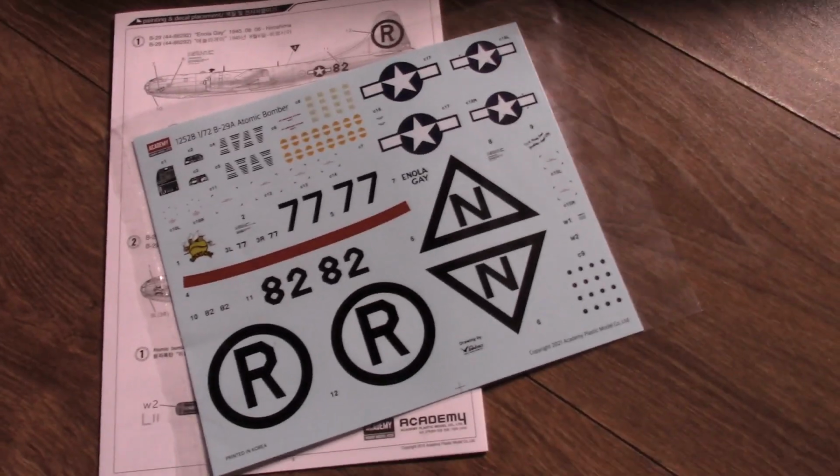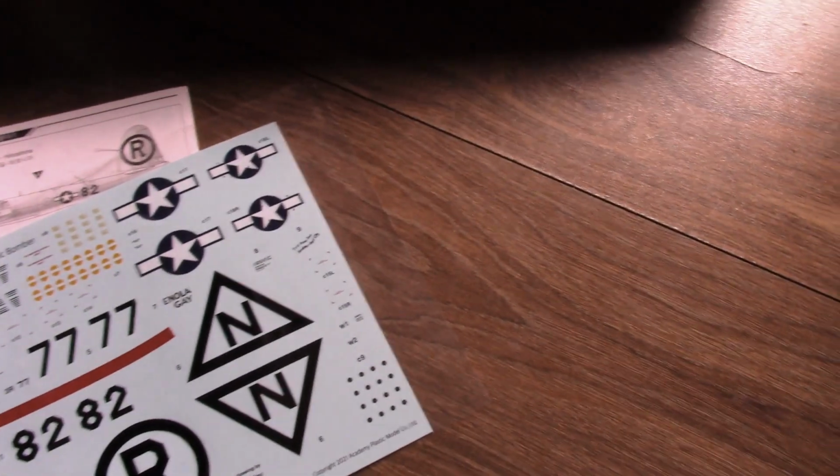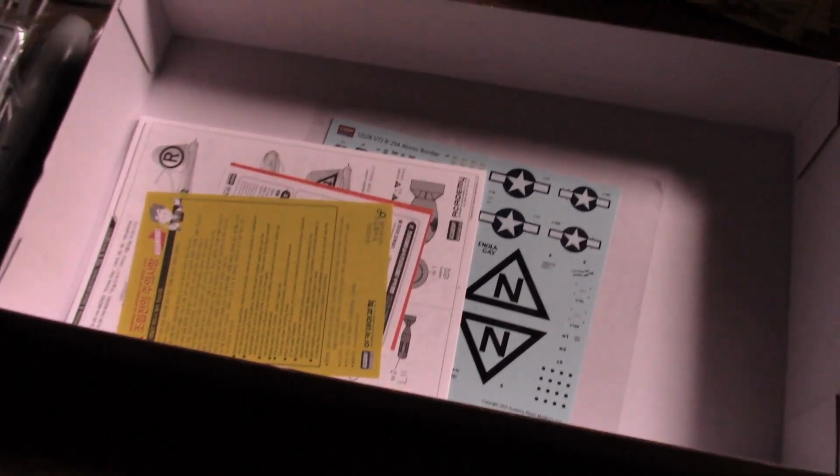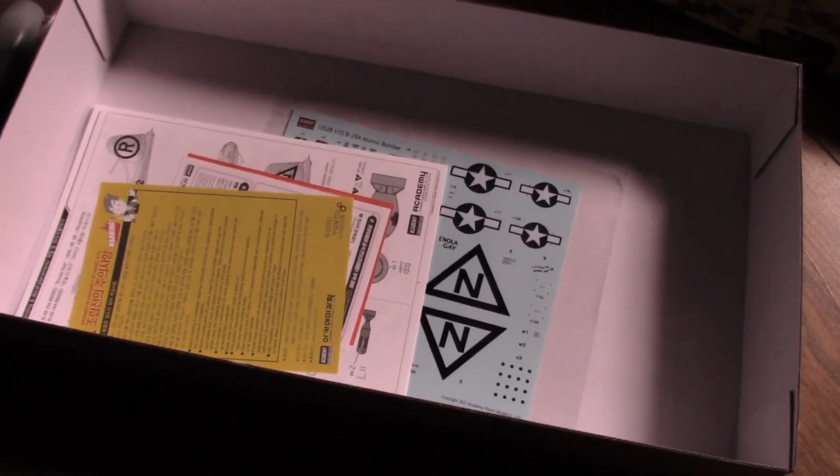Now, the wings, it's quite a big kit. Not nearly as big as the Avro Vulcan, but still a pretty big kit nonetheless. So I'm going to definitely have to find a place on my shelf for this kit if and whenever I finish this kit. Now, I'm not planning on building this kit for the next few weeks because I'm currently working on